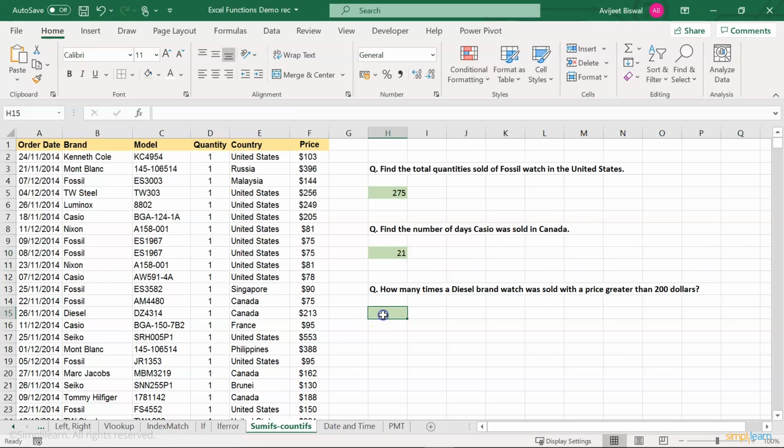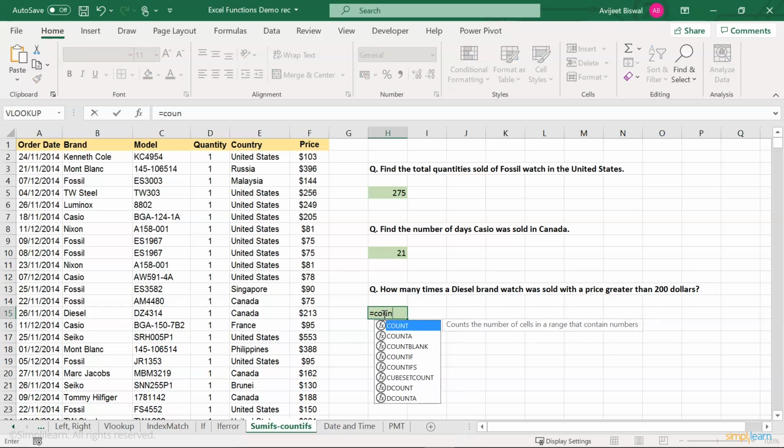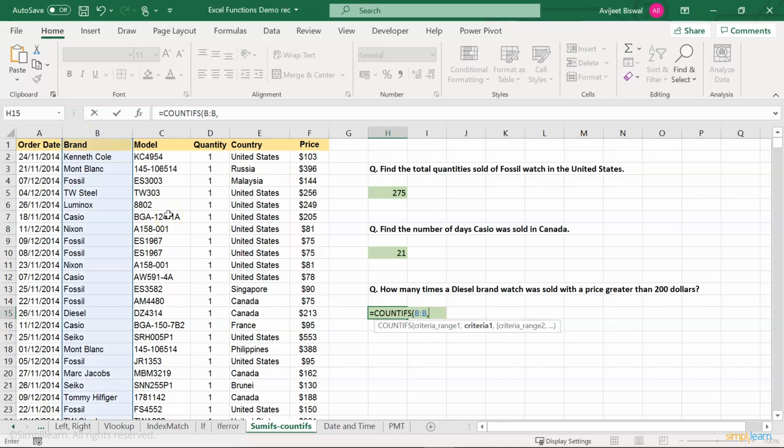Alright, now let's look at our final example in this section of SUMIFs and COUNTIFs function. So we want to find how many times a Diesel brand watch was sold with a price greater than $200. So I'll use the COUNTIFs function again, and my criteria range 1 would be the brand column, comma, the criteria would be I need the details about Diesel brand watch, comma, my criteria range 2 would be the price column, that is the F column, and I want to find how many days a Diesel brand watch was sold with a price greater than $200.